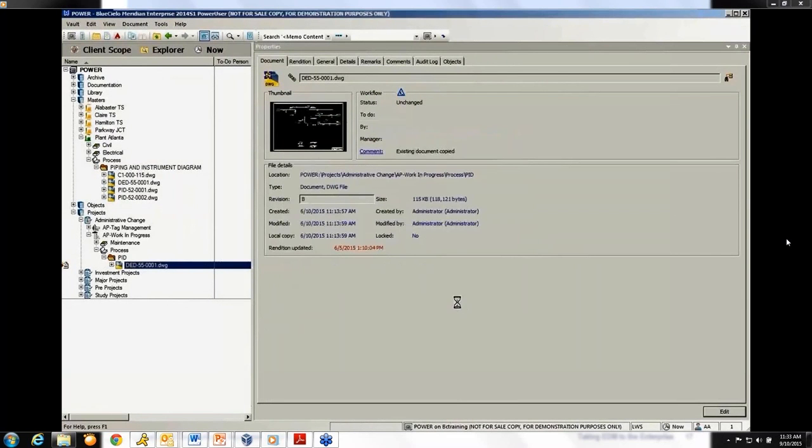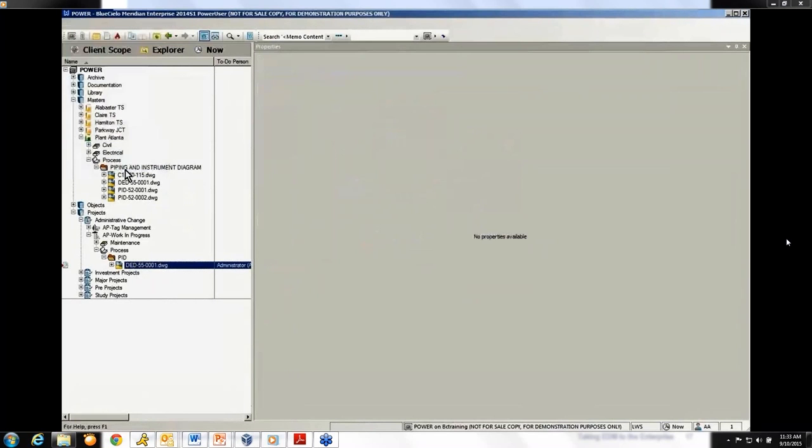Okay. So now the document is ready to go, and the user can start changing it. Now, the user, I mentioned the user. Since we're going to say this is an engineering manager that's in the office that had just delegated the work, let's go ahead and exit this program, and let's see what